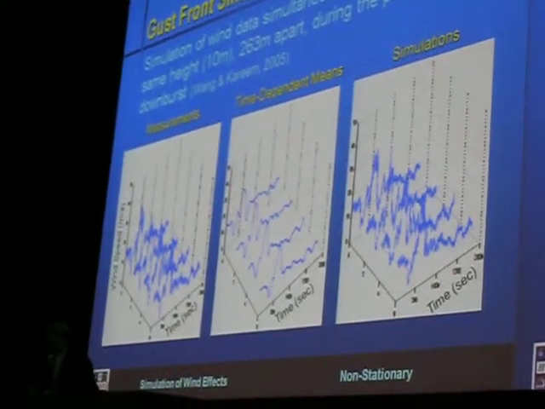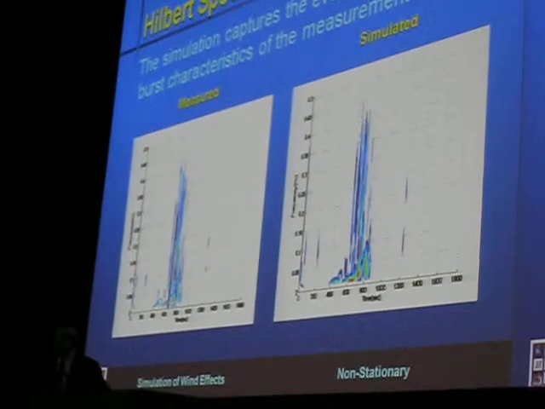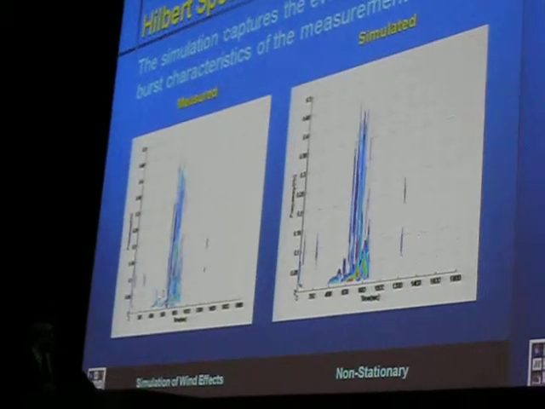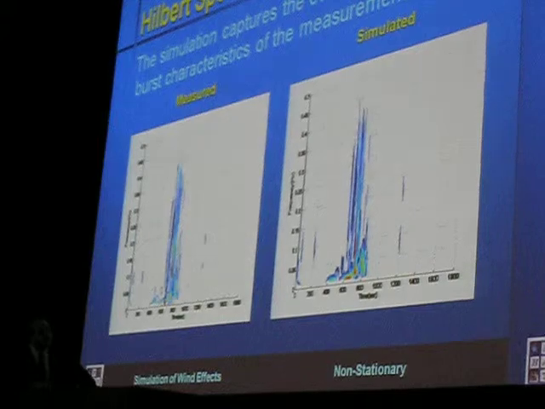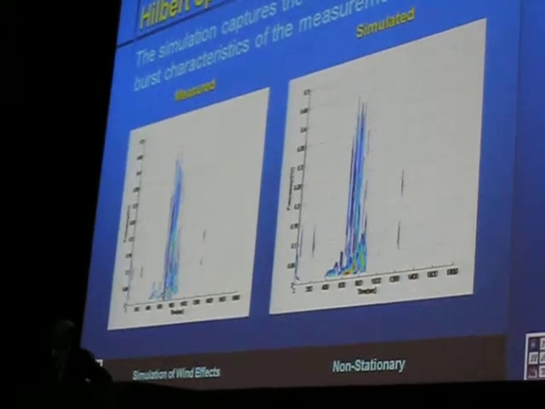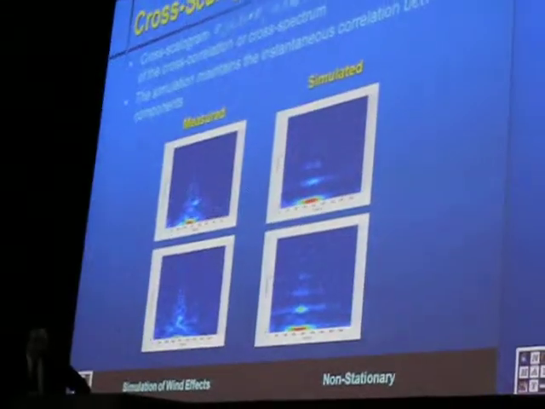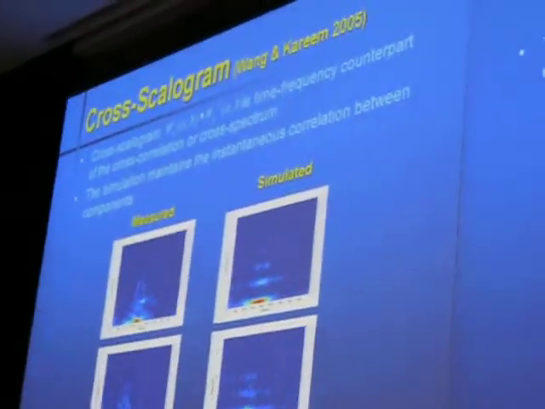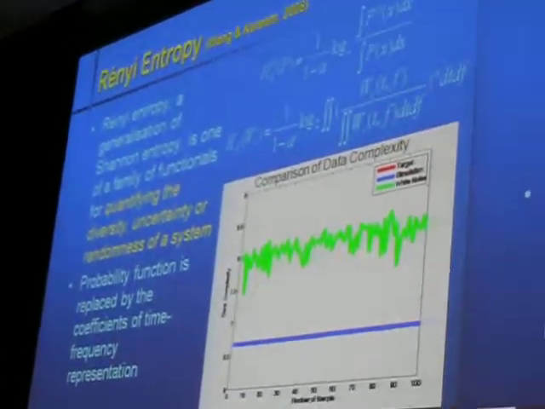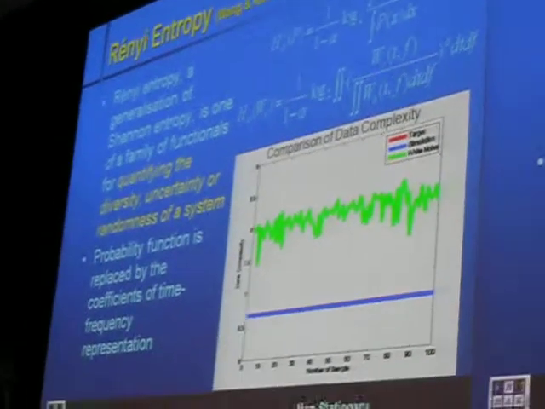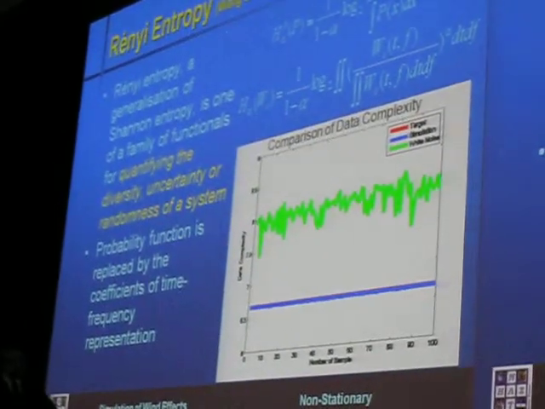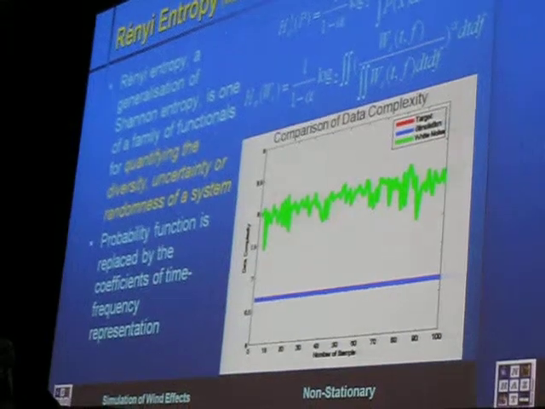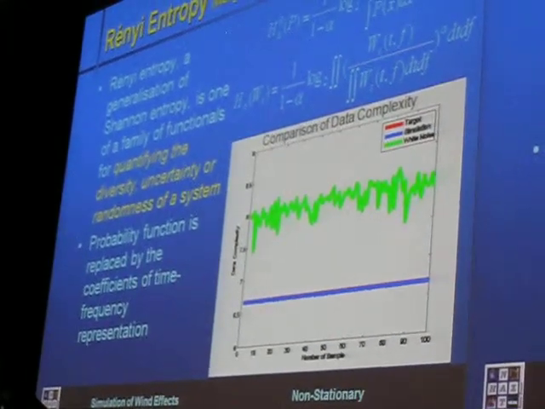They look pretty good, but you have to do some statistical tests also. So here is the measured Hilbert transform, and here is the simulated one. And as you can see, there's pretty good comparison. We also look at the cross scalograms of data. Here is measured, and here is simulated one. And we also went beyond that to look at the complexity of our signal. So our simulated one and the target one, we're using Rényi entropy